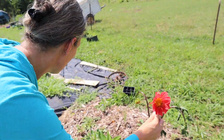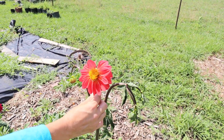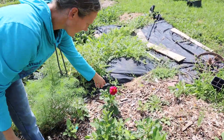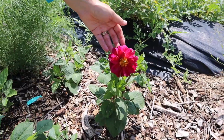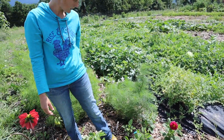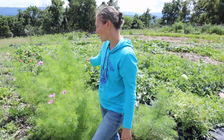Look at this dahlia. We have 2 dahlias. These are Emma's, her first dahlias. And look, we have some more blooms coming up. Down here, this one is just beautiful. It's been open for a few days. She probably should come up here and cut these so she can enjoy them down in the house for a little bit. But we've got the dahlias, we got the cosmos,